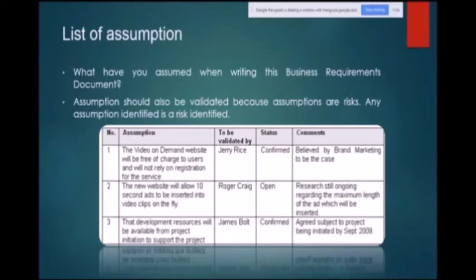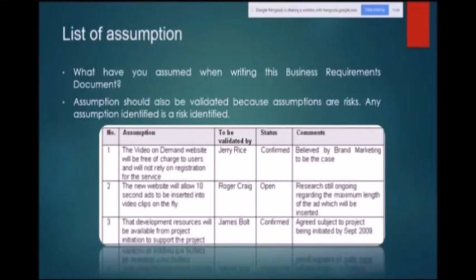What are the limiting factors of the website or the project? Almost always there are three constraints. The first is time, second is budget, and third is skill. But there may be more; these three are a good point to begin with. Like time constraint: we must deliver this project in 3 months, before 25th of December, or we must finish it by 31st March. So this is a time constraint.